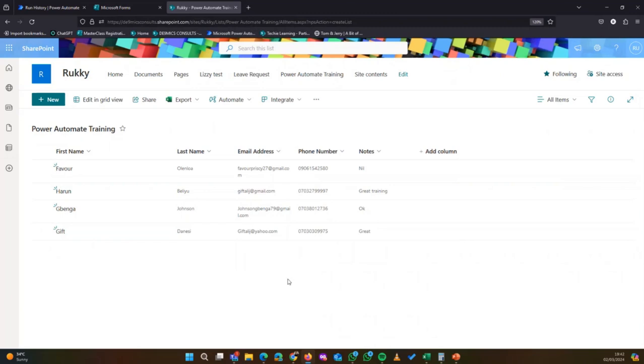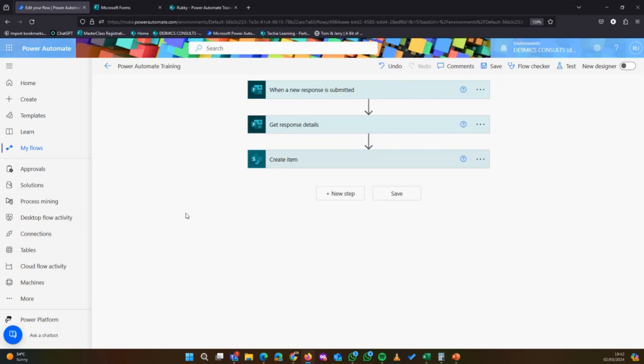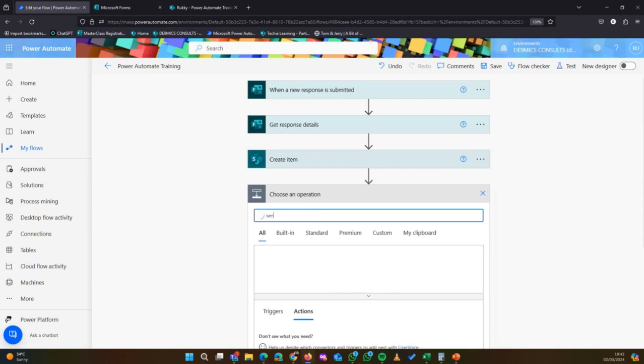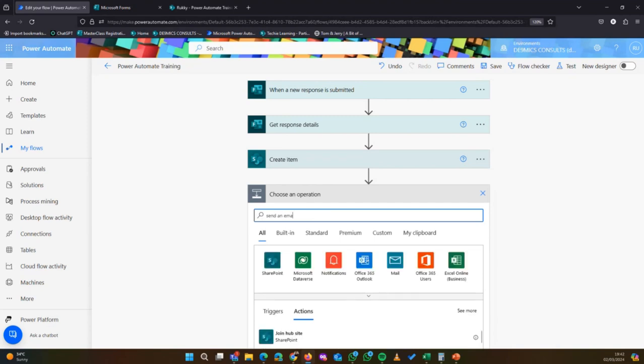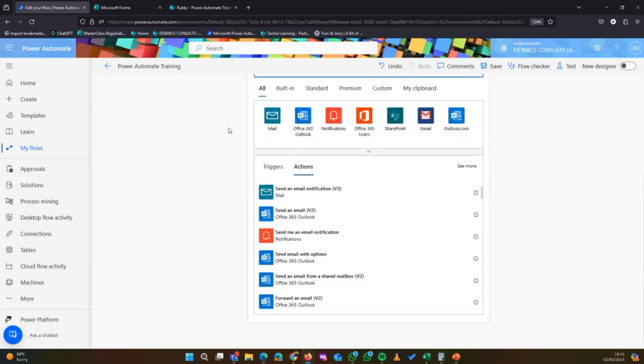So I'm going to go back to the flow and edit. Now I'm going to add one more step. This step is just to send an email. Just as the name says, that's the step I'm going to add. So I can just search "send an email" and it loads all the options that have send an email or